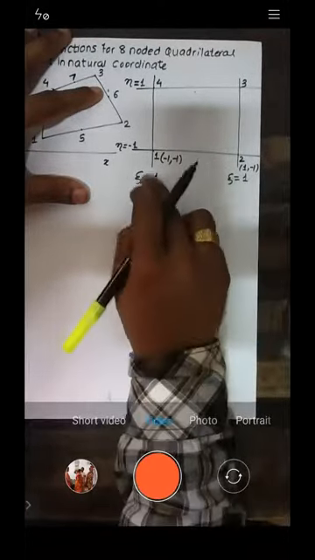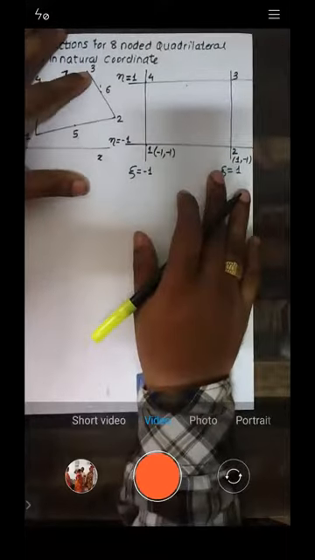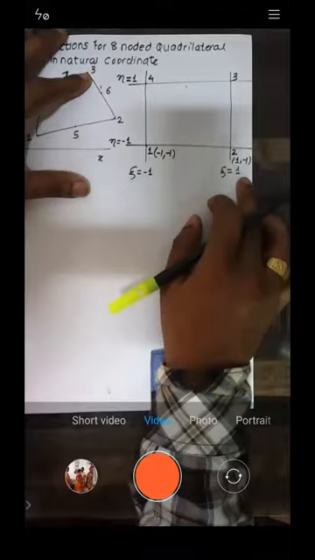Here the coordinate is 1, -1, right? Zeta is 1, neta is -1. See here, zeta is -1, neta is -1. Here, zeta is 1, neta is -1. Now come back to here. Zeta is 1, neta is 1, so this is 1, 1. Now here, zeta is -1, neta is 1.